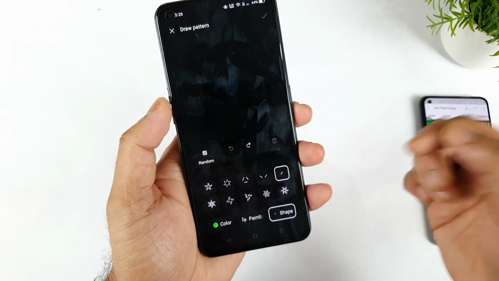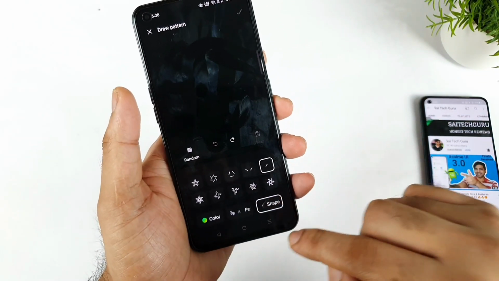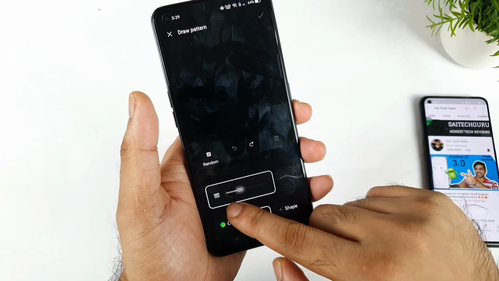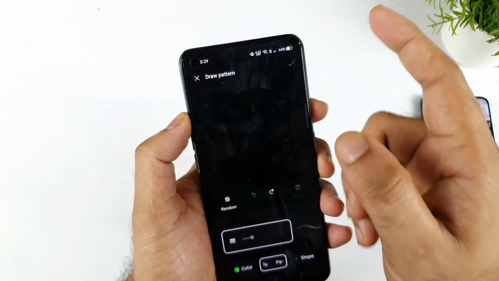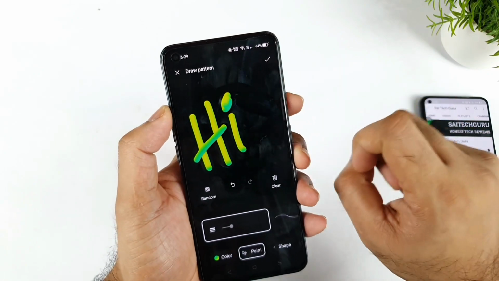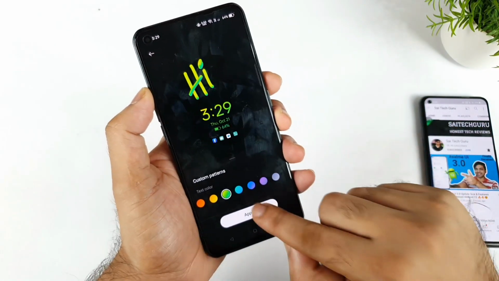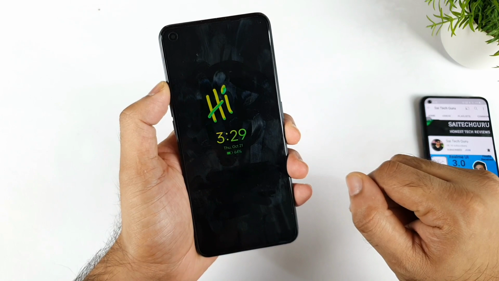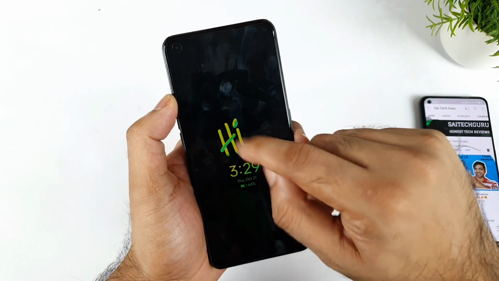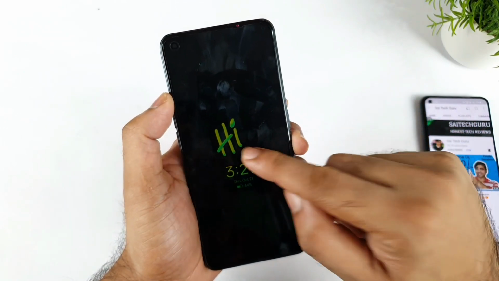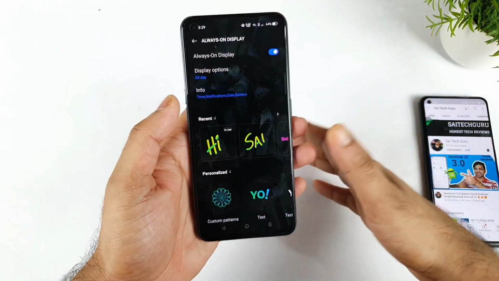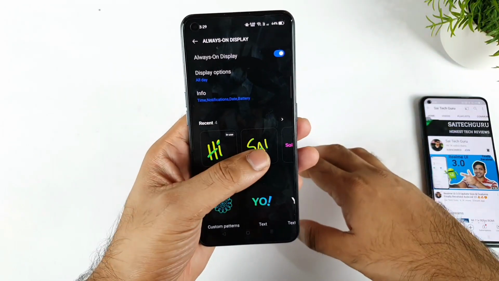In case you want to draw something, let me show you. Once you tap on the shape, you can click the brush as well, and you can increase and decrease the brush intensity. Now let me try to draw something, maybe some kind of name. As you can see, I did draw it, and let me click OK. Now it will be coming, and let me click apply, and I closed the phone, and you can see, friends. Previously I think it used to display the real-time written text as well the first time, but right now it's not displaying, maybe because of the Realme UI early access. That's the reason. Maybe in the stable version this might be fixed.